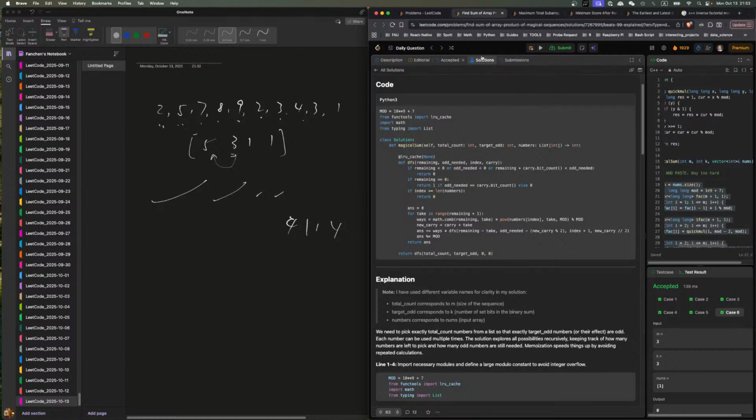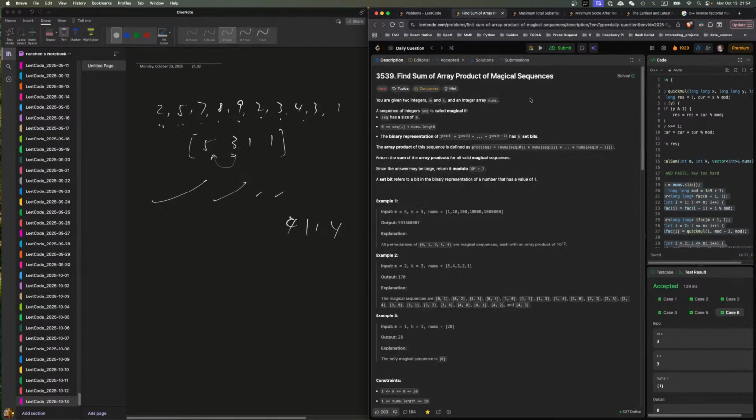And then ways times, this is the next one. So whatever we have, we say the current one can take that much, right? Because of the question. If I take it multiple times,